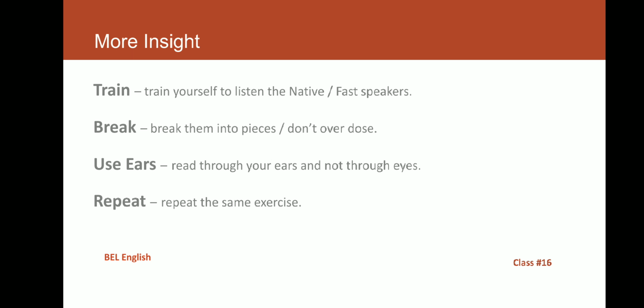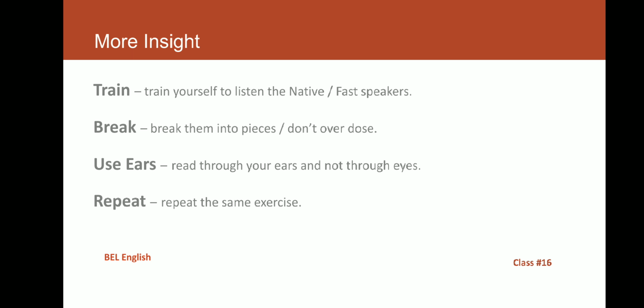Trying to understand a fast speaker and a native speaker is a really challenging task, where it requires tremendous input from your side in order to train your ears to listen to these people and get used to them. Then you take a note of it and compare it with what is actually conversed by those people in that clip. So repeat this exercise again and again until you can understand the conversation without the subtitle itself. And then go ahead with another clip, do the same, repeat it, and understand how it is pronounced by the native or fast speaker.